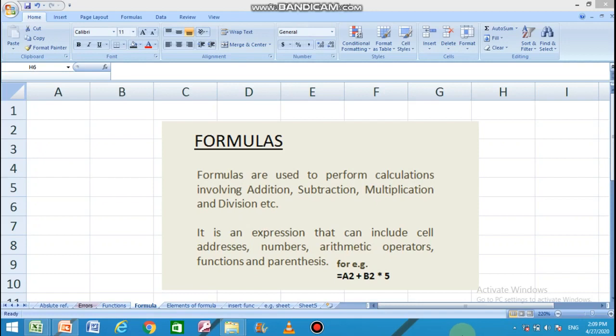For example, you can see here A2 plus B2 into 5. A simple formula is written to perform this simple calculation. Every formula is started with an equals to symbol.